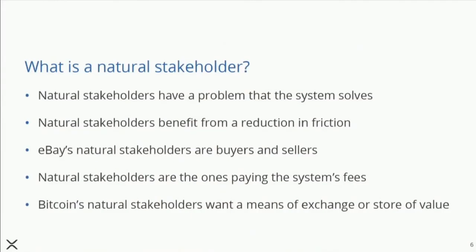So miners are not natural stakeholders in Bitcoin. Bitcoin was not built to solve a problem that miners had, that they couldn't turn electricity into money. You could imagine a system that was built for that purpose, but Bitcoin wasn't really built that way. Bitcoin was built to solve the problem of people who wanted a means of exchange or a store of value or whatever you think Bitcoin is. And those are the natural stakeholders. Those are the people who the system solves a pre-existing problem for. They're the ones who get benefit from the system and are willing to pay to have that system solve their